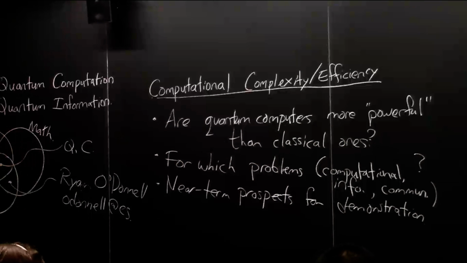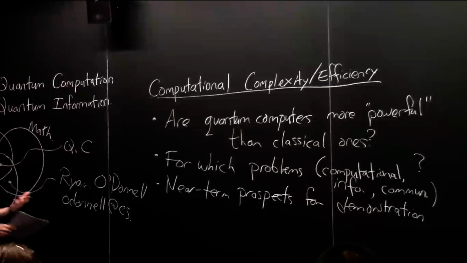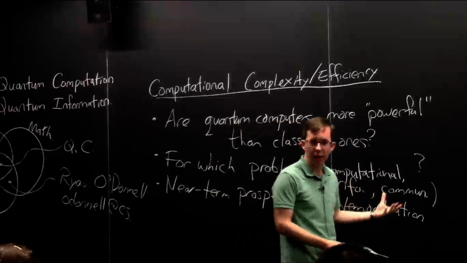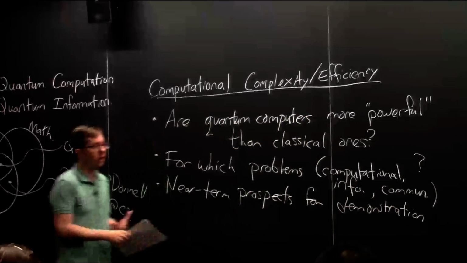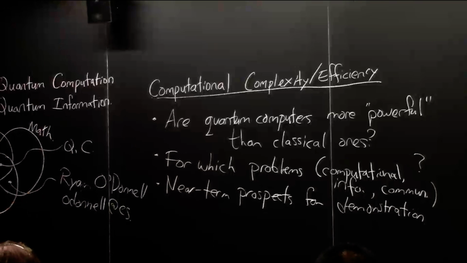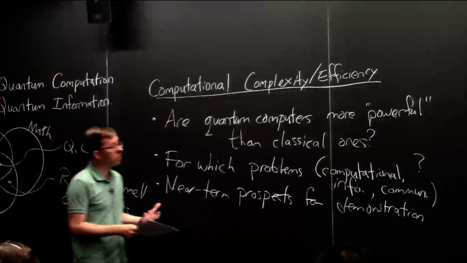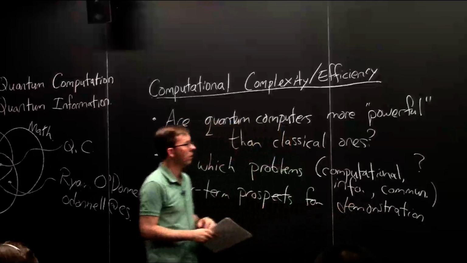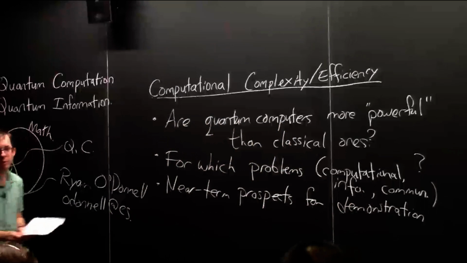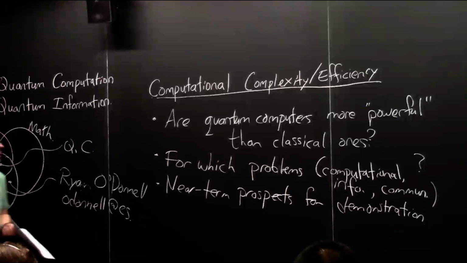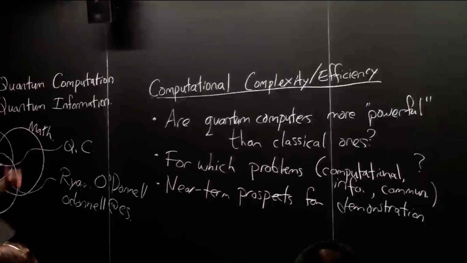And in fact, we don't have to wait for some of these things. There's some tasks, particularly related to communication, like quantum key distribution, where we don't have to wait. We already have commercial enterprises that will sell you quantum-based key distribution, which is in some sense provably more secure than classical versions of such. Okay, so this is a perspective that we're going to take throughout the course.